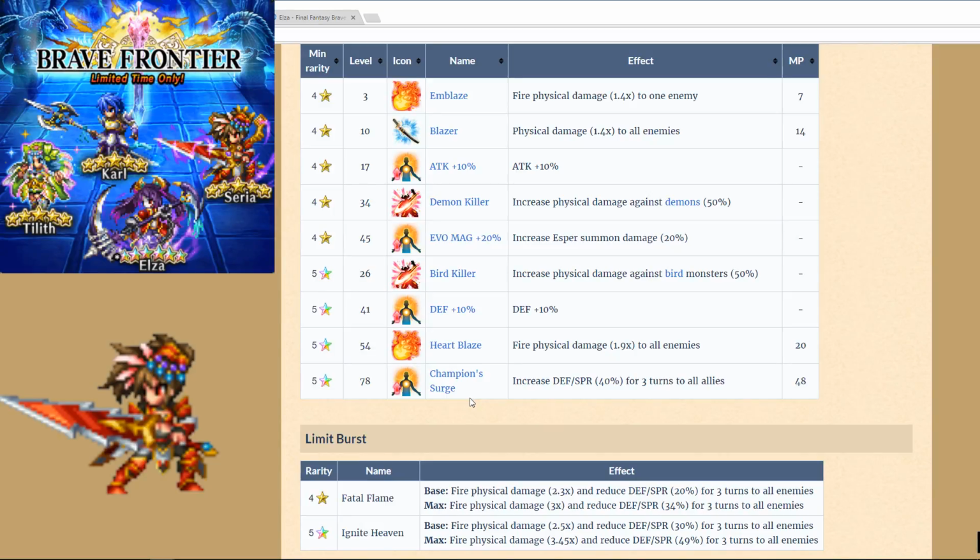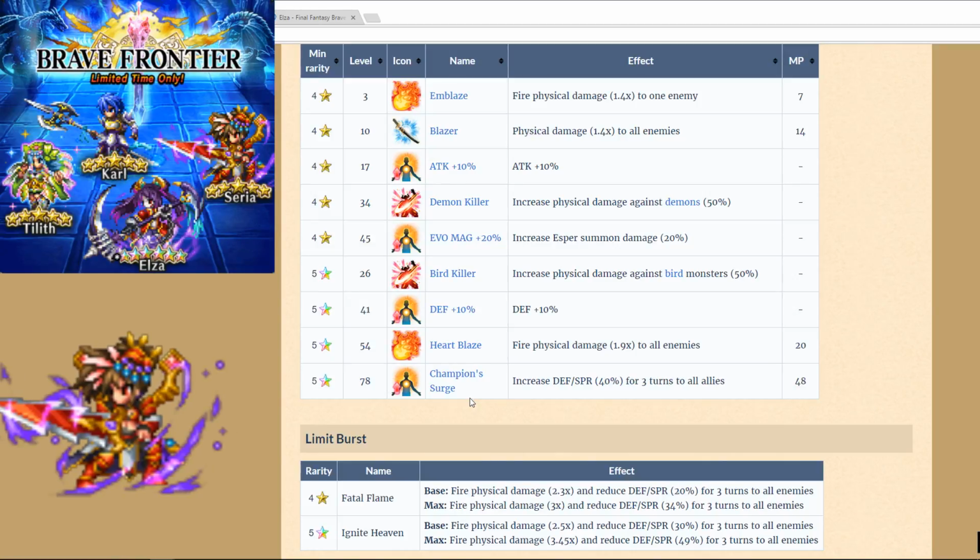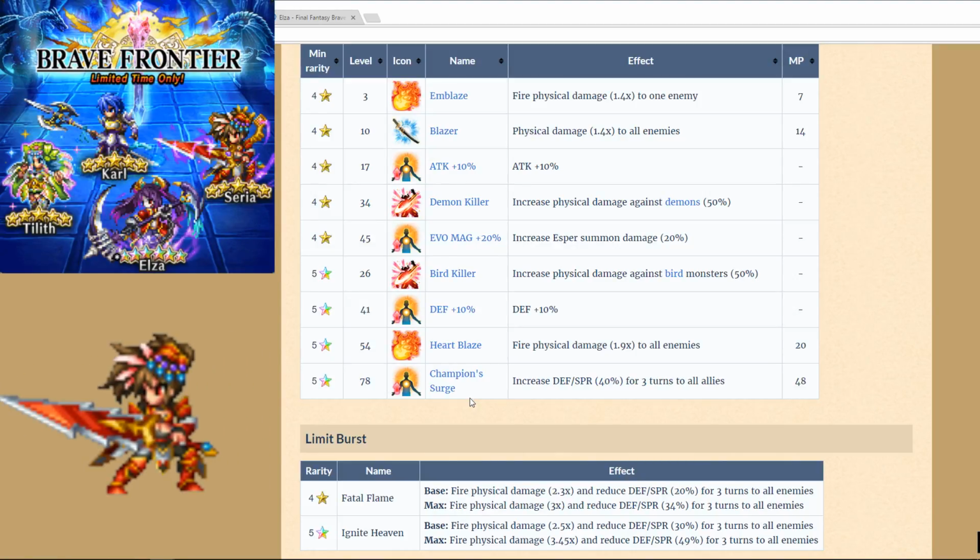So if you use Seria and Karl, you'll be able to get 40% on everything. These are expensive on MP, just like Focus and Cheer. So if you need to use her in a sense for defense, then she's great for that, to buff the party that way, and he's great for buffing them attack wise. But